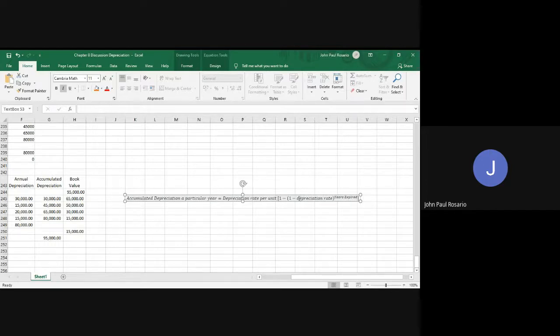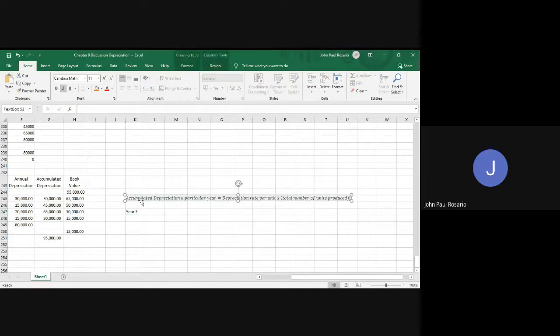You multiply that by the total number of units produced. So for example, on year three,